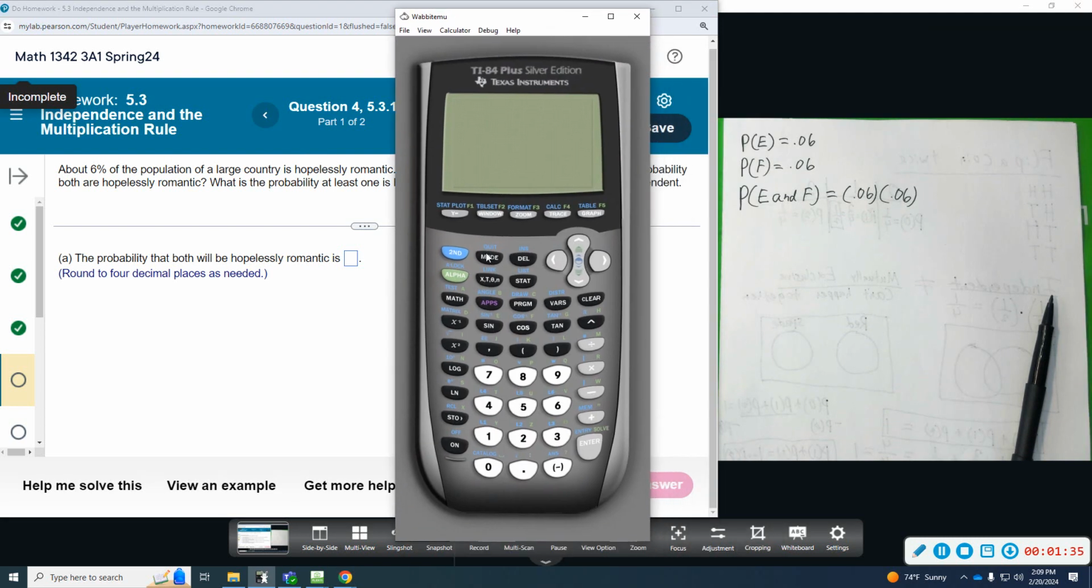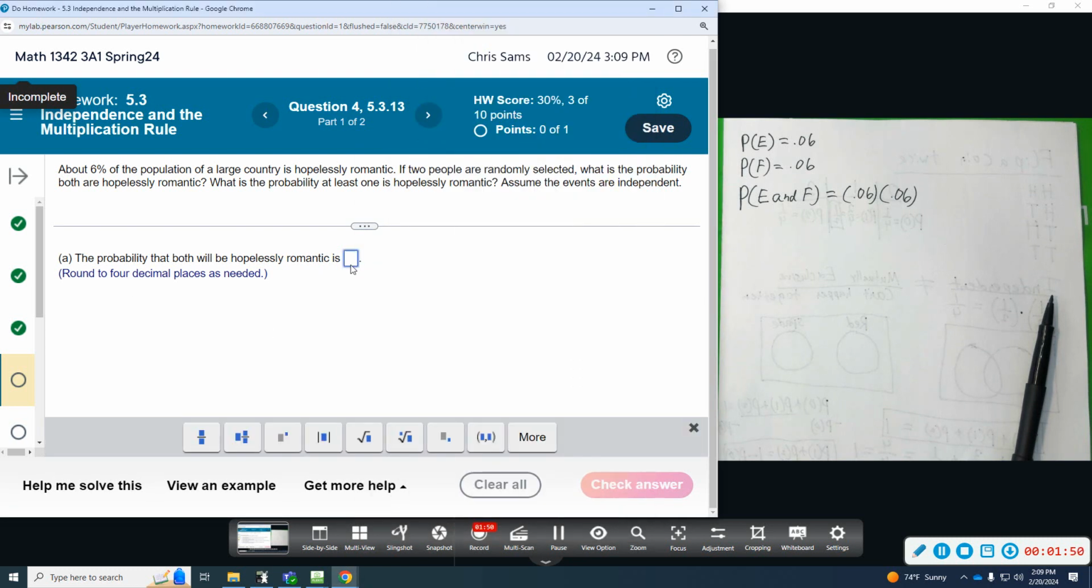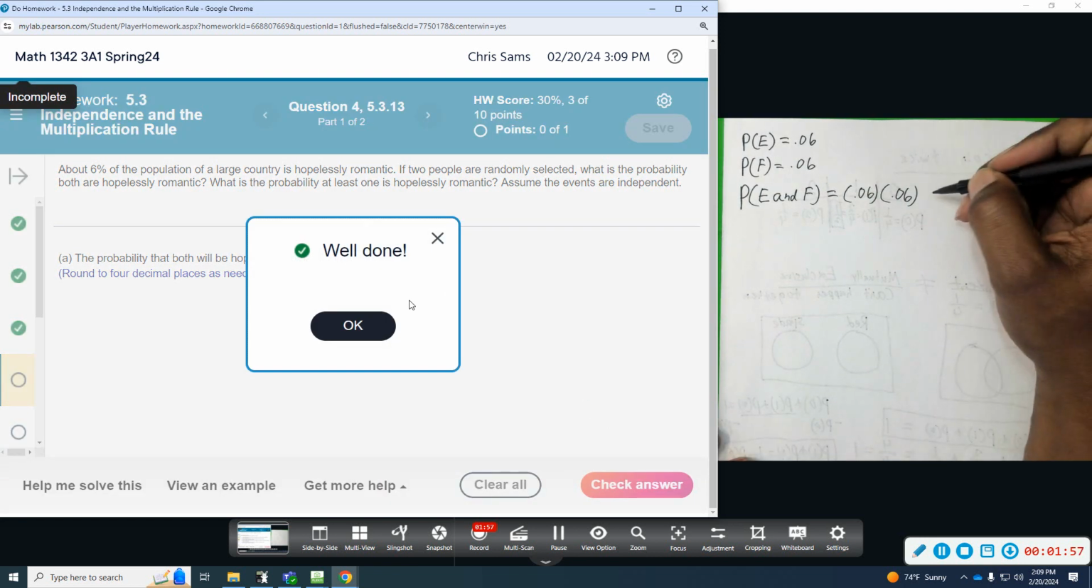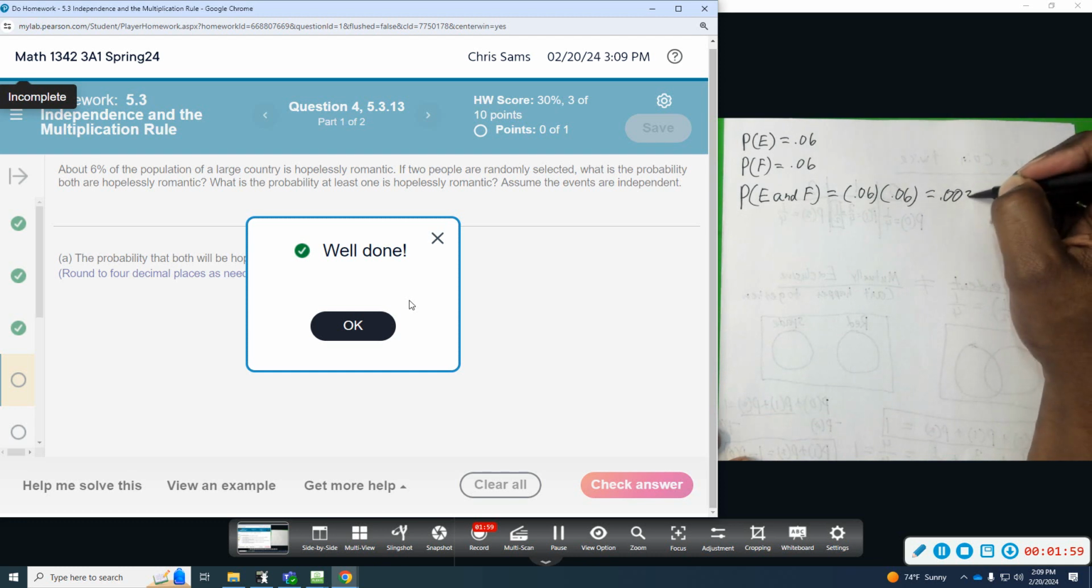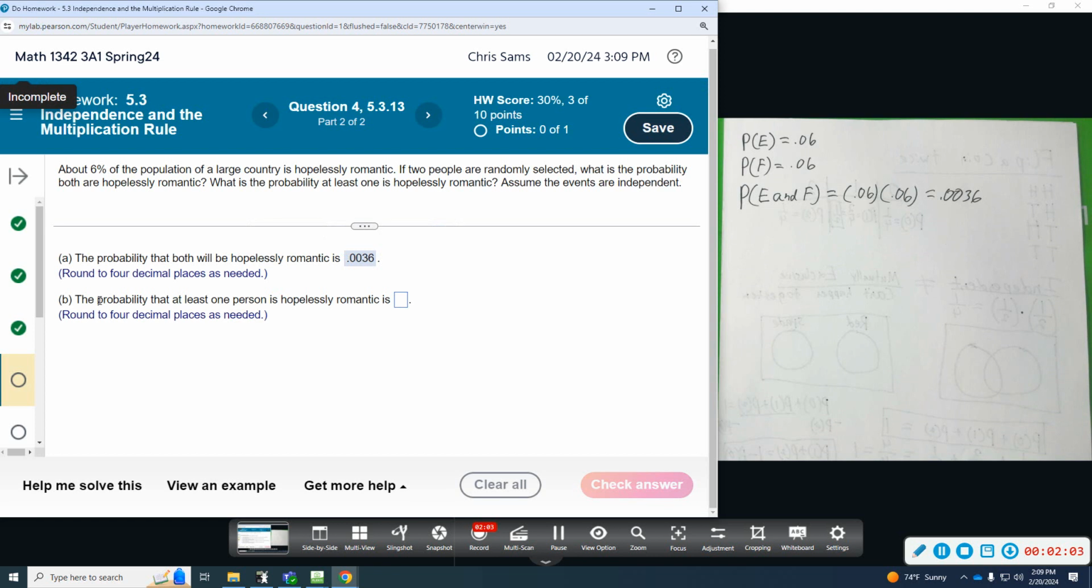Sorry, got my calculator on the other screen. I'm gonna clear this out. 0.06 times 0.06. All right, so we get 0.0036. We want to round to 4 decimal places, so we'll just type that whole thing in. And so we get 0.0036. All right, and then we have